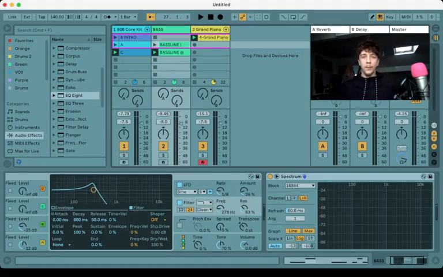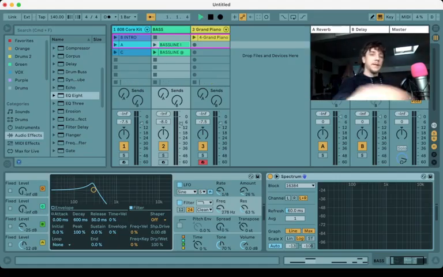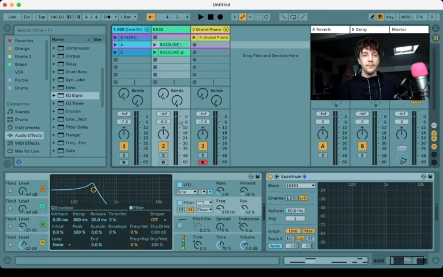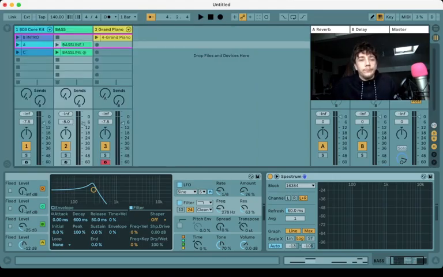So I'm going to do a little performance for you now. Before I press play or do anything, I need to go over to the right here and click this little red button, and that's going to turn everything off. So if I hit play, nothing's happening. The global track is playing, and our timeline is moving along, but nothing's playing because we've not triggered anything in here yet. So without further ado, let's start with the intro drum and